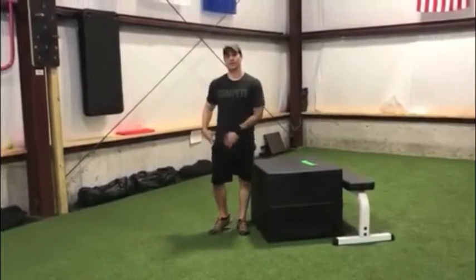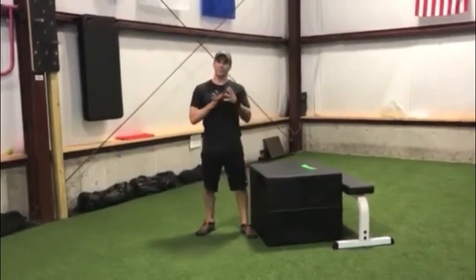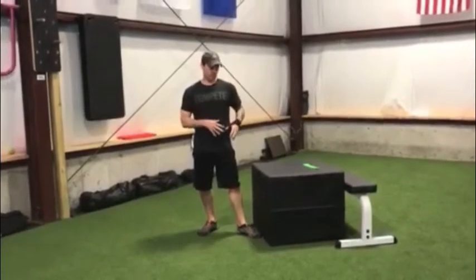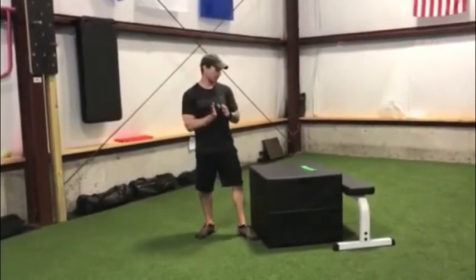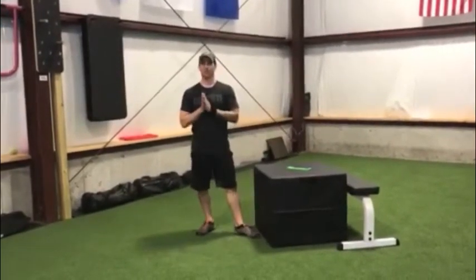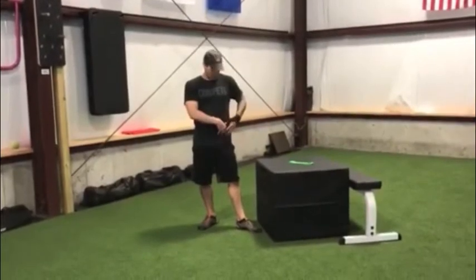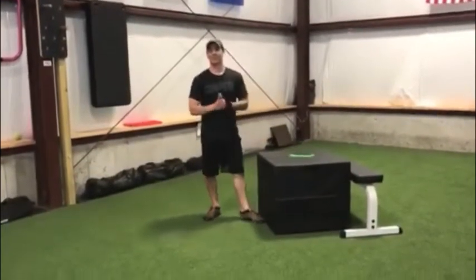Obviously 2 to 3 on each side. So that was movement 3. All 3 of those are kind of mobility, in a sense, drills, the activation drills. So semantics, I'm using terms interchangeably, mobility, activation. We're just trying to get into this hip joint, activate that dead glute, for lack of a better term,